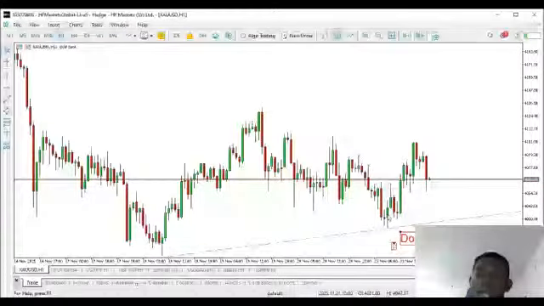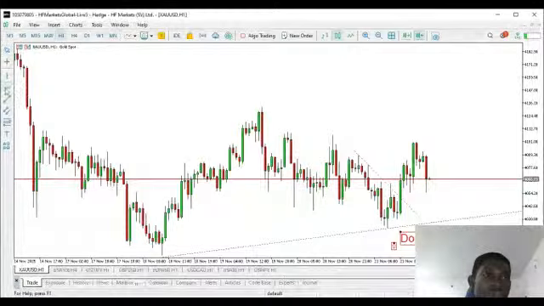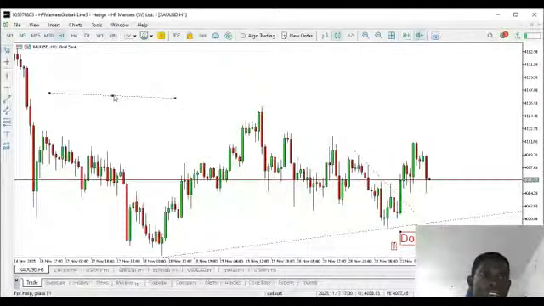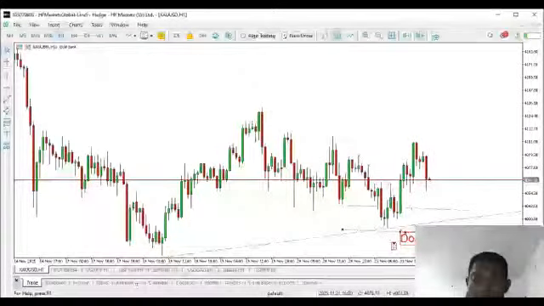I may not take my decision exclusively because of the doji. So what I do, I wait for another candle to form. Immediately this bullish candle formed that literally engulfed this one. So my entry is going to be somewhere here at the end of the formation of this 1 hour candle. So I'll be taking my buy. When I take my buy there, my stop loss is below that swing. Then of course my take profit is just